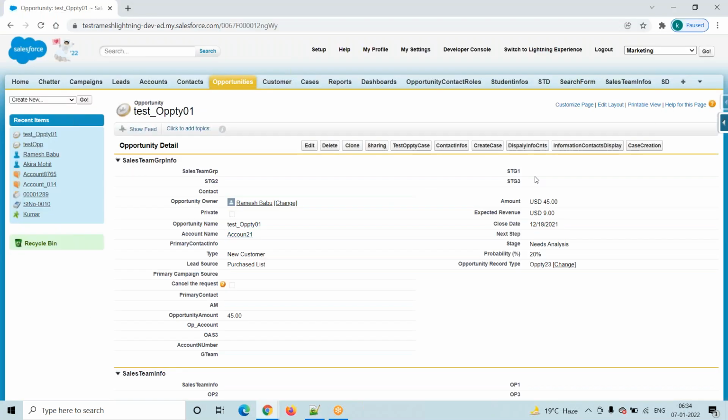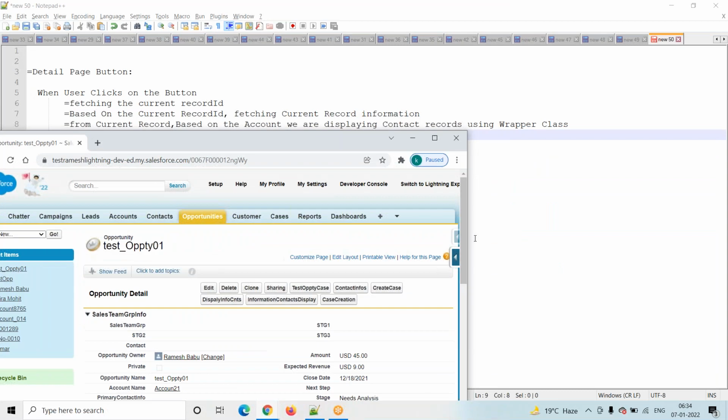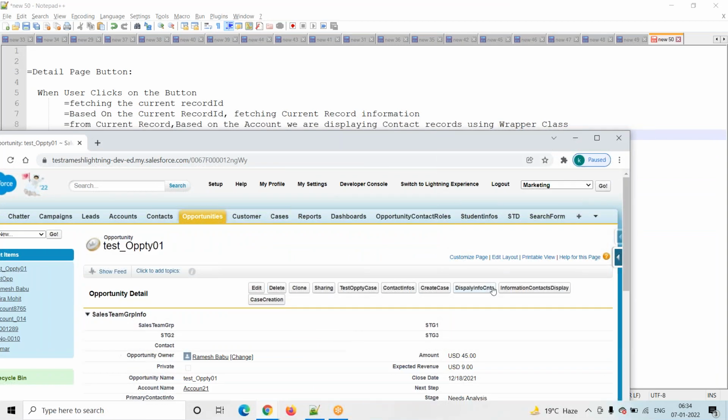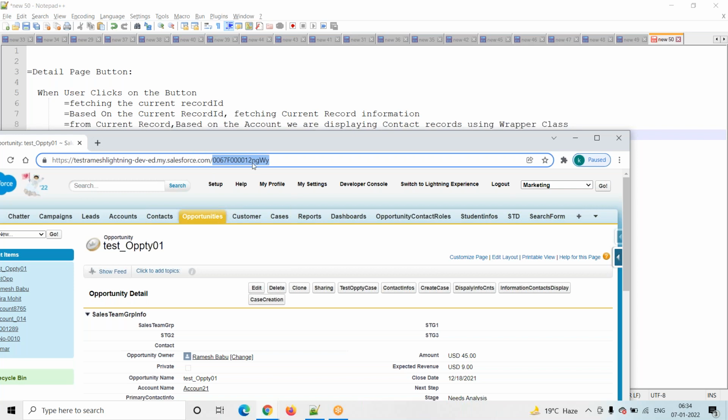So in the previous session we developed one detail page button in the opportunity object. The functionality is, when the user clicks on this button, it will fetch the current record id from the url. Every record has an id, right? From the url it will fetch the current record id.